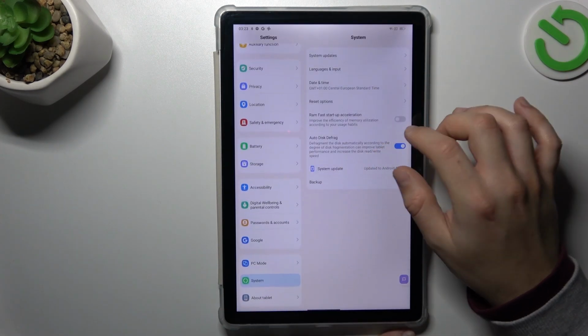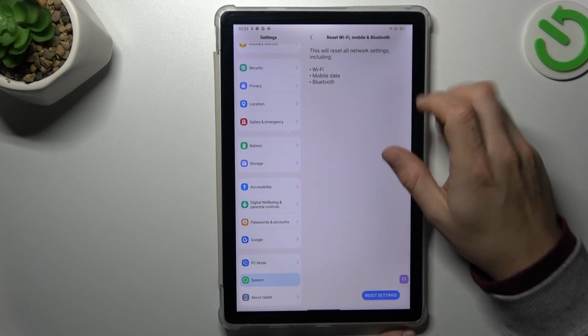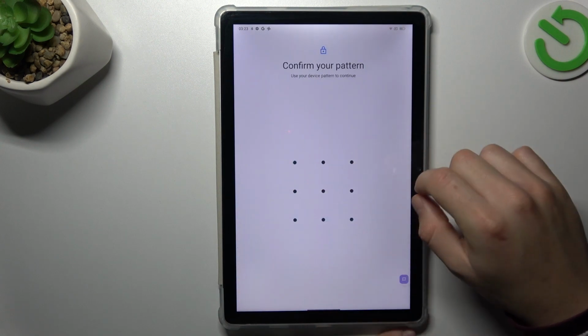In the next step, let's try to reset your network settings, so go to the system, choose the reset options and tap on Wi-Fi, mobile and Bluetooth, tap on the reset settings button, copy your pattern and tap on